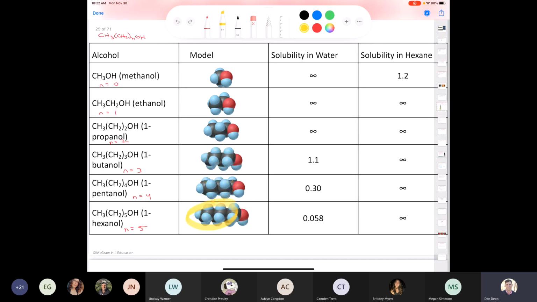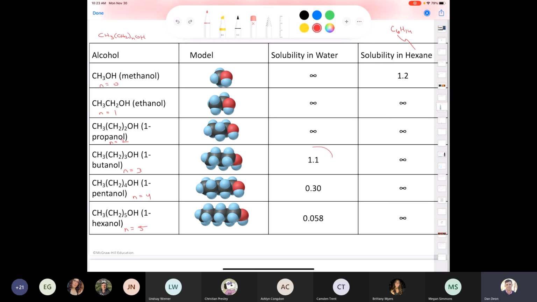insoluble in water. Now, if we look at the opposite, the solubility in hexane, whose molecular formula is C6H14, so completely nonpolar, you see that methanol doesn't dissolve very well. It has a low solubility, but what happens when the size of that hydrocarbon tail increases? Then solubility in hexane